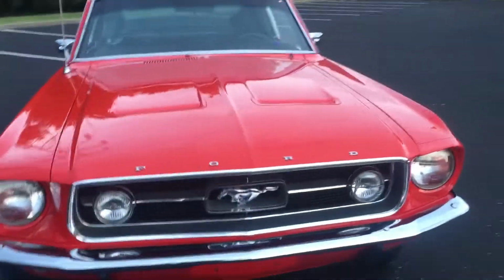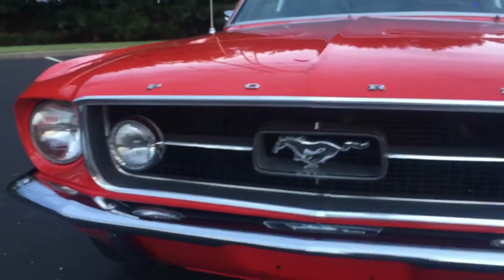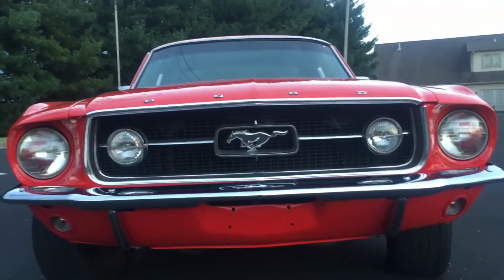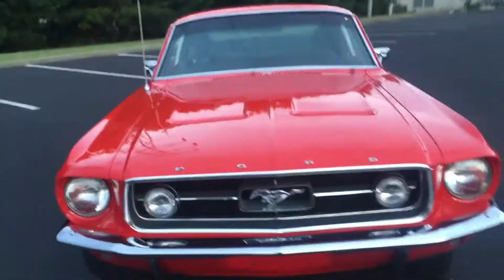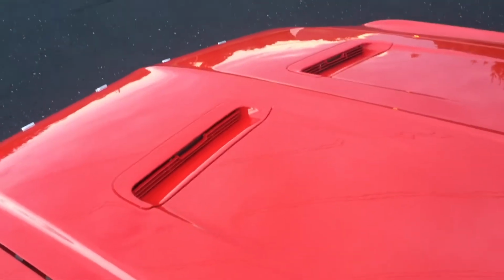But my car is a GT car, so it has the fog lights in the front grille. It's a really nice feature. I love it. And my grille bars are straight. I see a lot of cars in pictures, the bars will be all crooked and stuff, so kind of pet peeve for me. I do have the GT hood with the turn indicators,